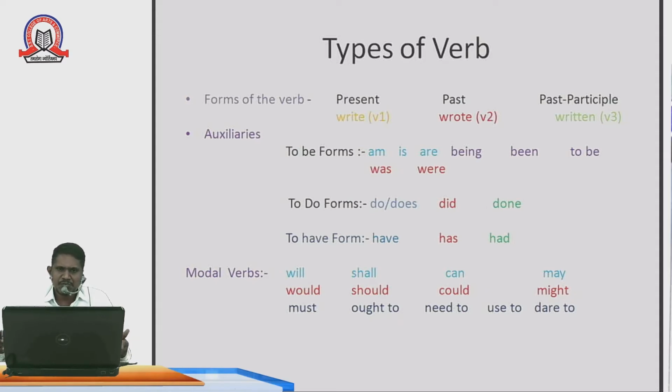Today we are going to see the types of verbs. Now for he, she, it, we must use the has form. For what purpose? In the present perfect tense. When the past perfect tense is concerned, for all pronouns, how many pronouns are there? That is I, you, then second plural you, then he, she, it, then they. These are the seven pronouns. For seven pronouns we must use had only, if the past perfect tense is concerned.